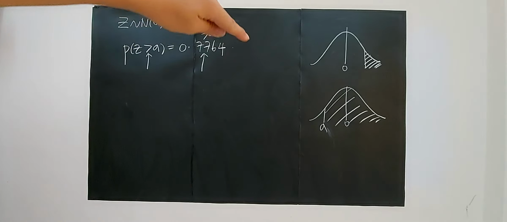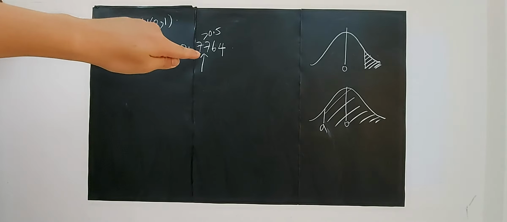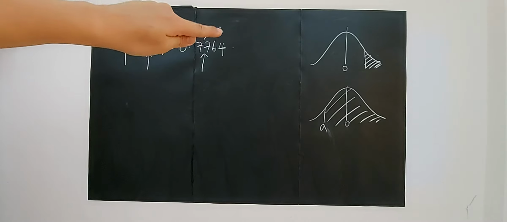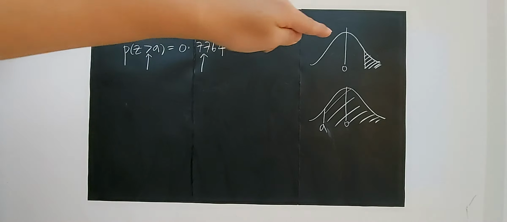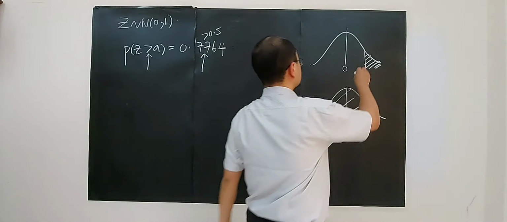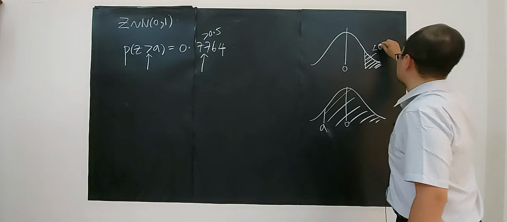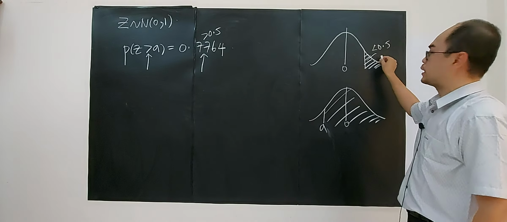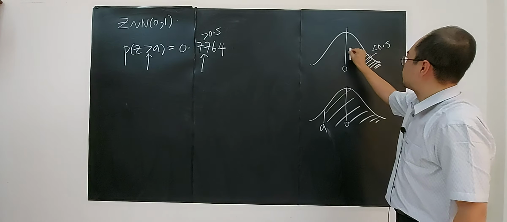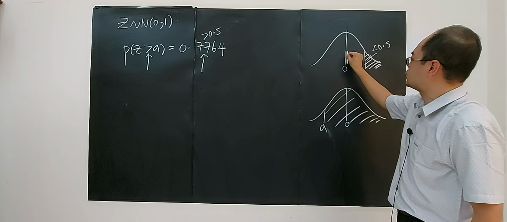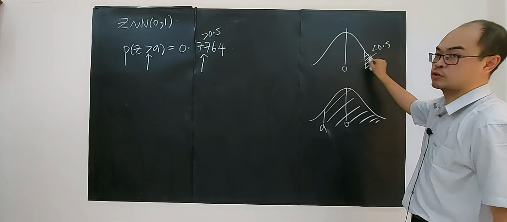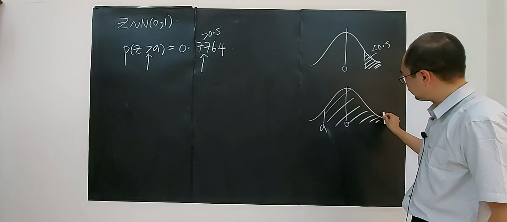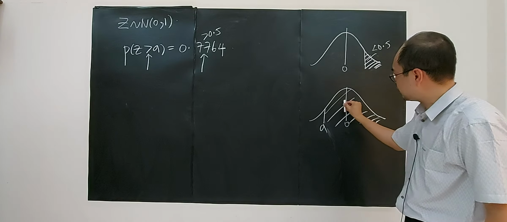Look at the value here. Look at the value here, 0.7764. It's more than 0.5 ma. Tak mungkin ini ma, right? This one, no. This is less than 0.5, right? Less than 0.5. You see? Mana cukup? 0.5 is everything from here up to 0.5, but some part of it only, less than 0.5. This one definitely 0.5 and above.